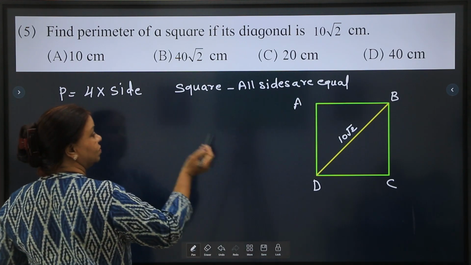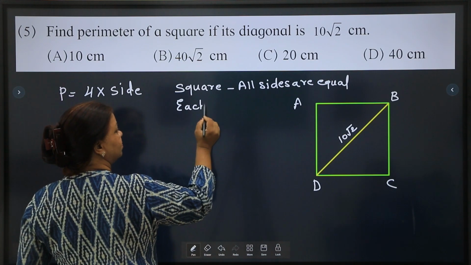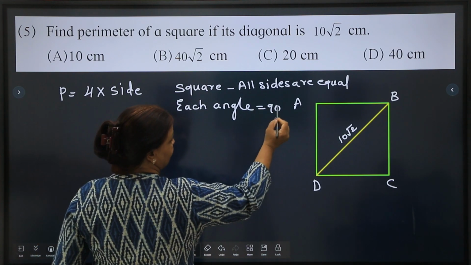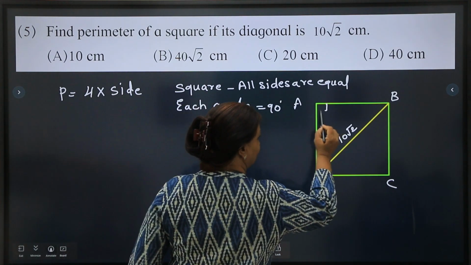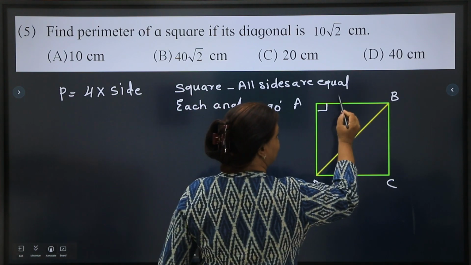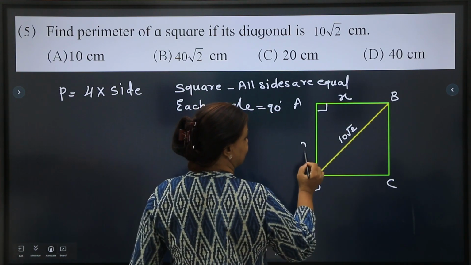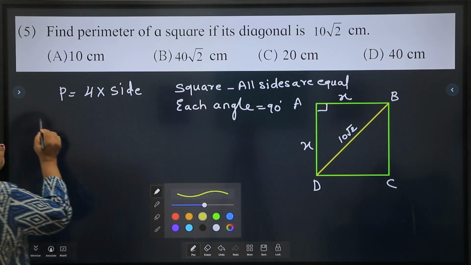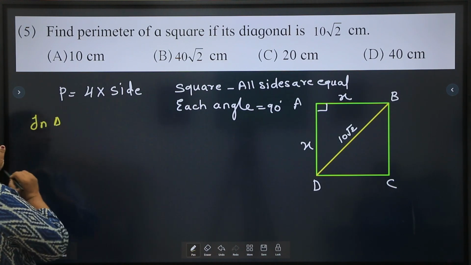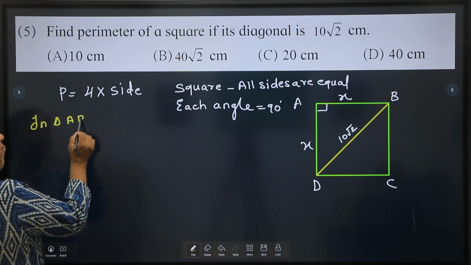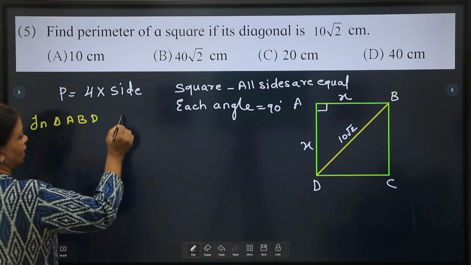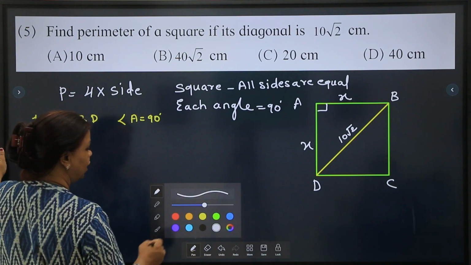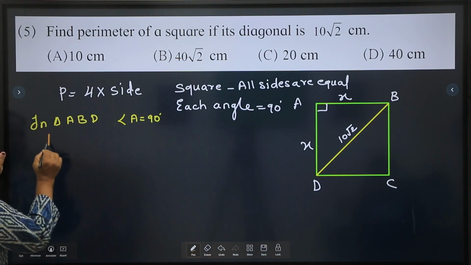And each angle also will be 90 degree. So I can use here Pythagoras theorem. If AB, let me assume AB as x, AD as x. So in triangle ABD, angle A is equal to 90 degree. Therefore, by Pythagoras theorem,